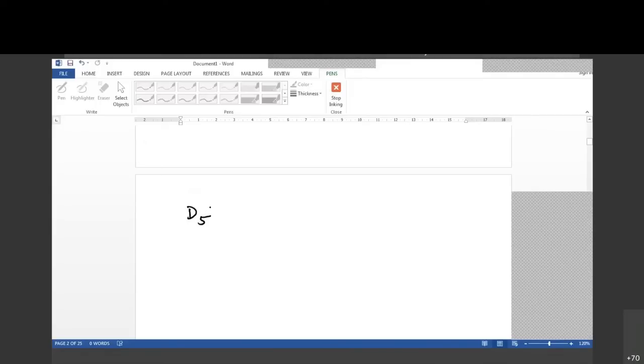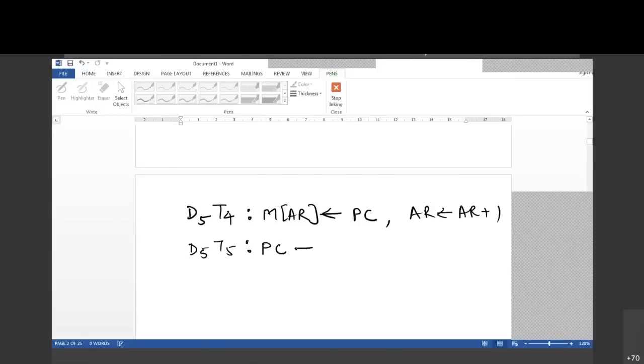The fifth instruction. At D5 T4, what would happen? M of AR, in M of AR we will be storing PC, right? We will be incrementing the content of AR, by turning on the increment pin, increase its value by one, fine. And at D5 T5, put this incremented AR value into PC, okay? So after these two steps of the instruction, your function will also return. Your subroutine would be returned and then set the counter to 0,